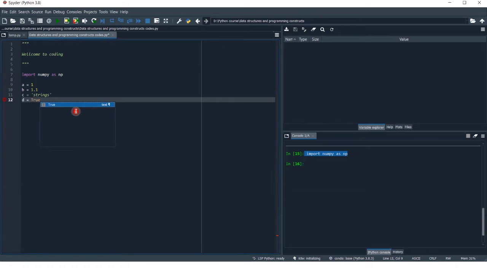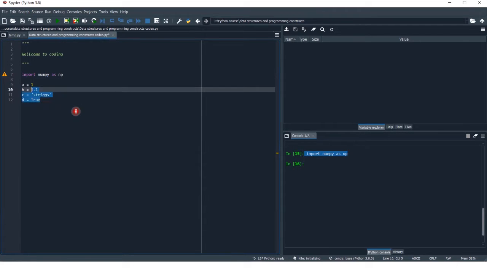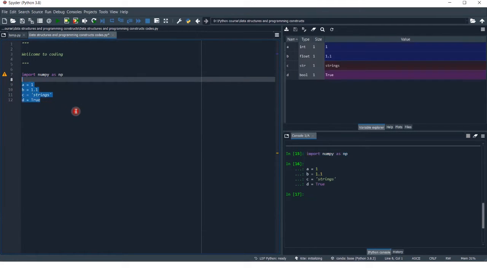So I told you these four types of primitive data structures. Let's execute this and see the type. Here, as you can see, the type of these variables. As I already told you, Spyder is the kind of IDE where you can see your variables in Variable Explorer, their size, their value, their type, and the name